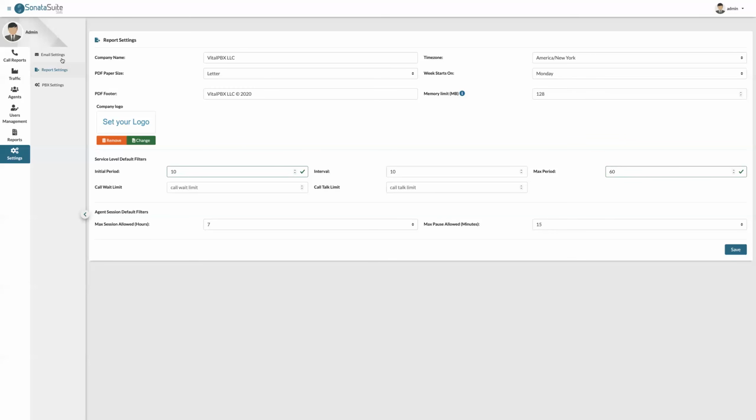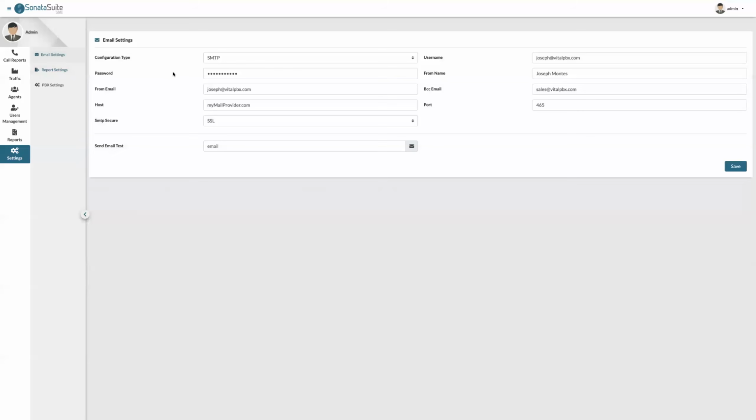Then we have some email settings. Why do we have email settings inside of Sonata Suite Stats? Here you can configure your own email client with your different email client's information. The reason we have this is because if we go to reports, we can actually email reports automatically